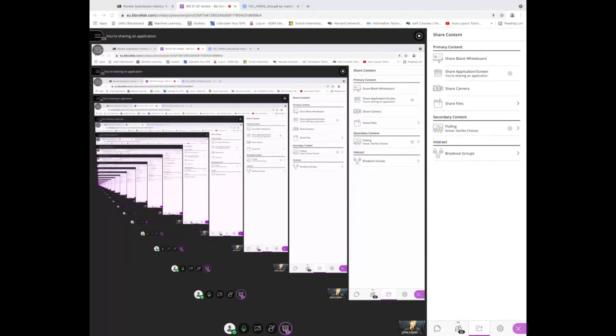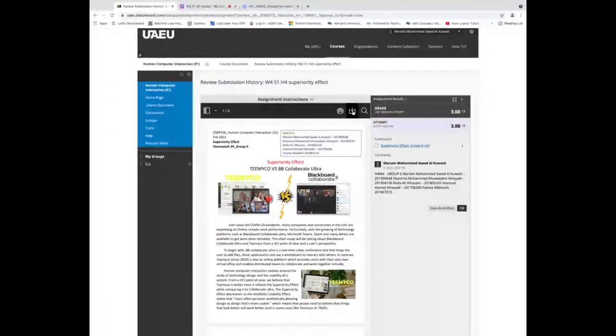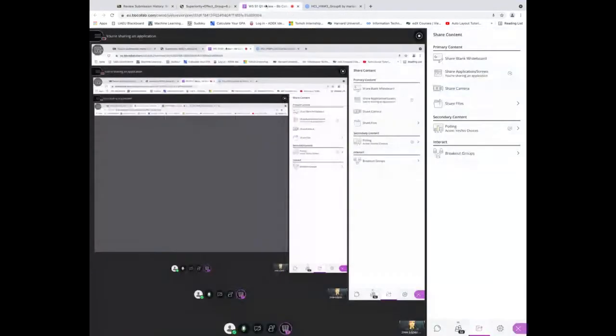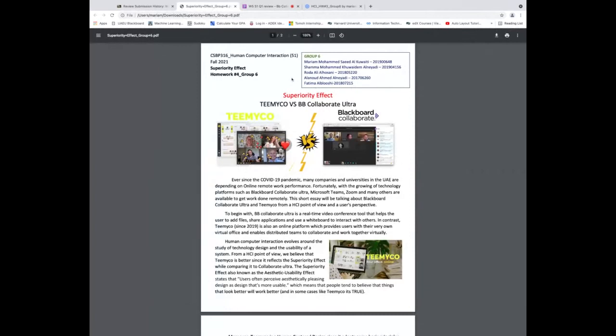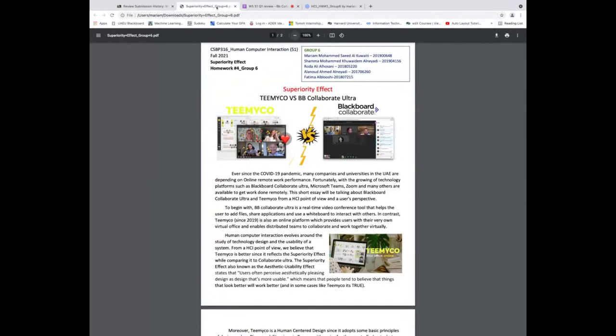What is teemyco? Okay, I can show you our paper. teemyco is basically a page in which teams... Can you see my page? Yes, we can see it. Okay. So we wrote this essay. teemyco is more of a friendly user space where people can interact together remotely. Blackboard is the same. teemyco was launched in 2019. So what we found differences is that